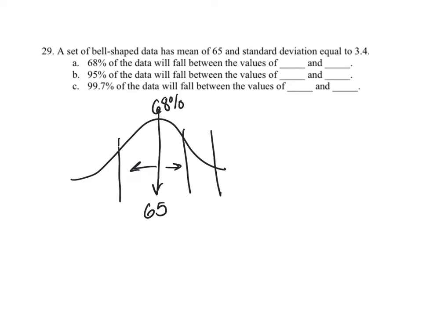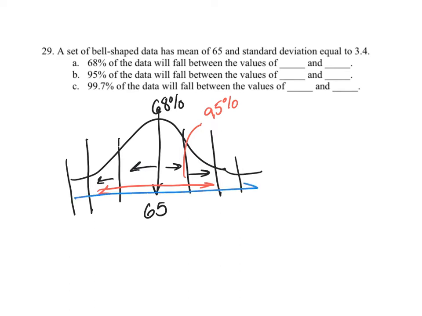2 standard deviations away from the mean comprises 95% of the data. And 3 standard deviations away from the mean comprises